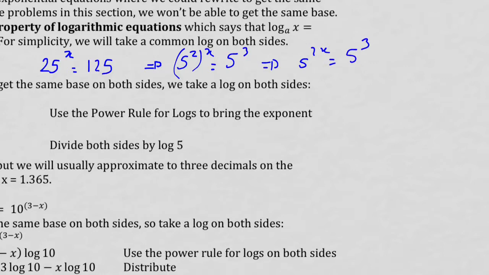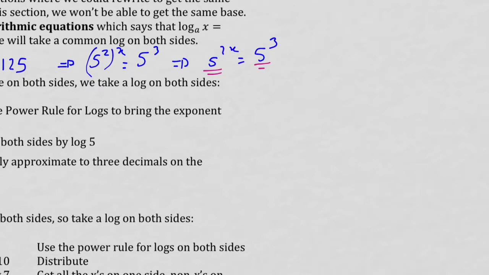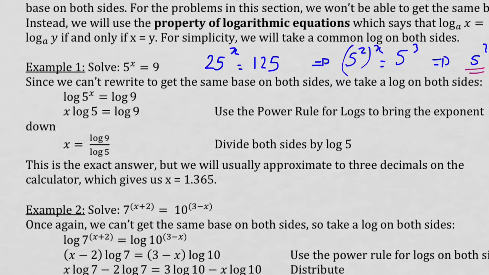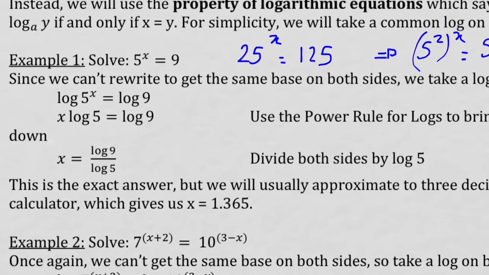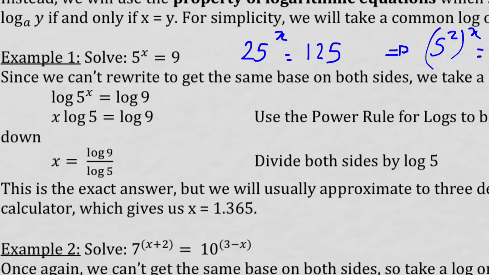And now your logarithmic property, because you can see that you have the same base right here. And because you have the same base, you can end up saying, hey, now I can write 2x equal 3, and so x equal 3 over 2. The problem is that with the equation 5 to the x equal 9, you can't do that because there is no way you can transform your 5 and a 9 into